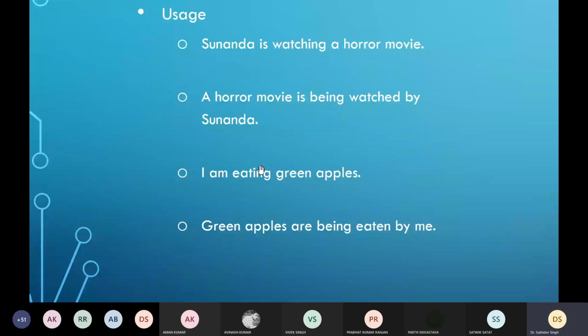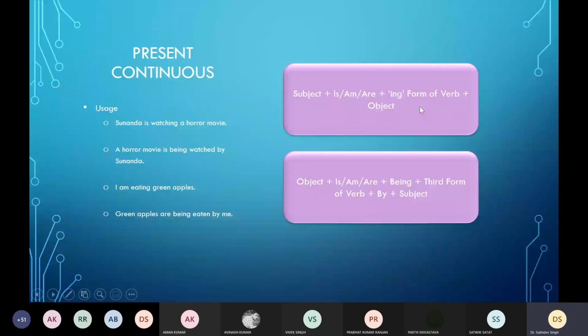They is converted into passive as them, I as me, we as us. Now see the rule. The rule is very simple. This is a present continuous rule. First box here shows